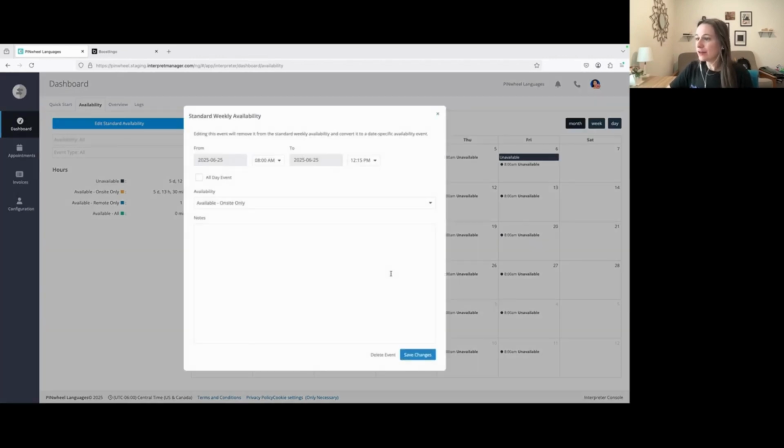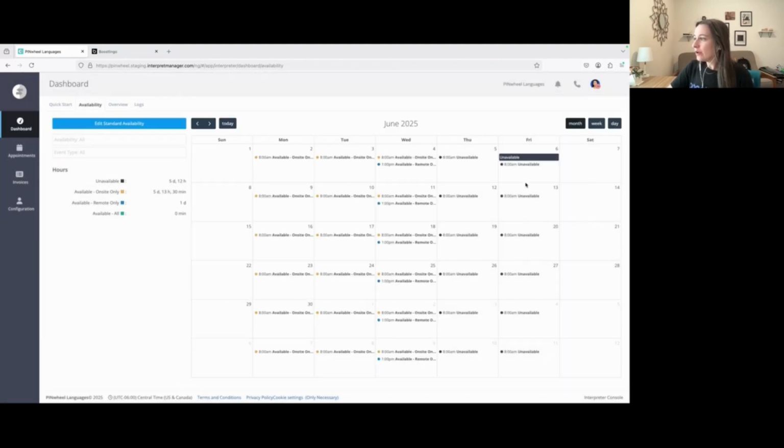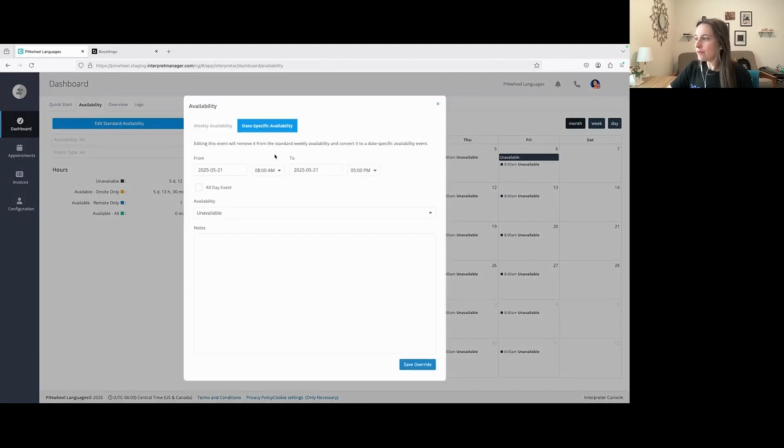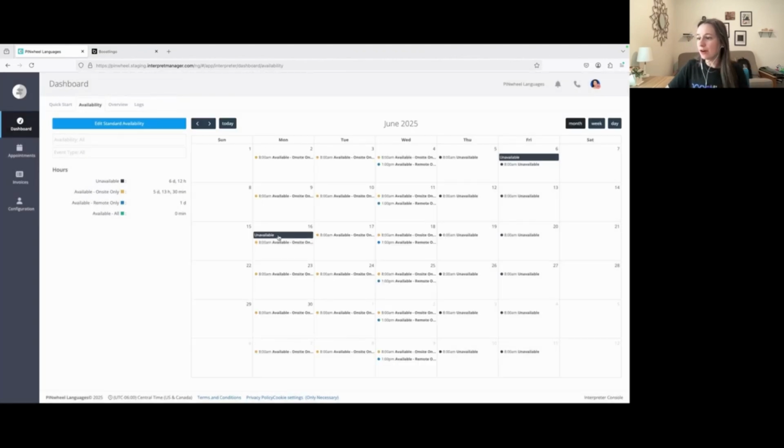She can also click on any specific event if she needs to make changes to just that particular day. We also can indicate, as here, a specific unavailable all day event. Let's go ahead and add one now. So perhaps on June 13th, she has a doctor's appointment, and this will be all day that she's unavailable. Let's go ahead and make it for June 16th. So we'll see now an all day event of unavailable. Because this is a date-specific event, it will override her normal availability